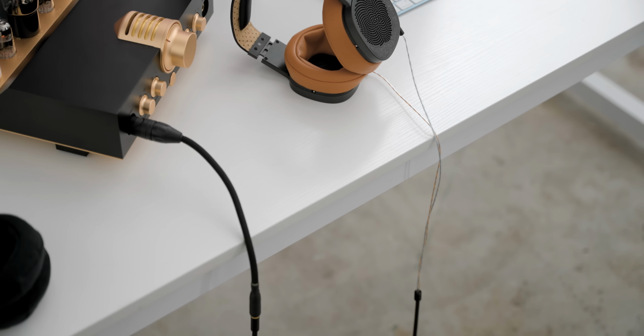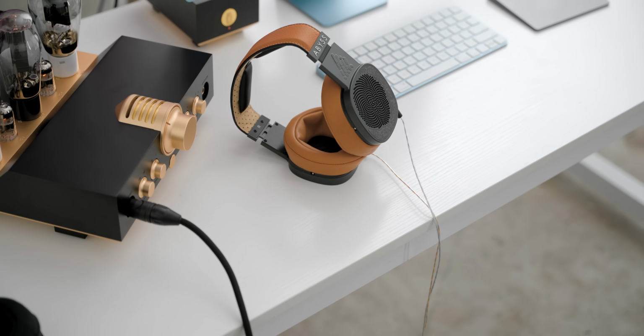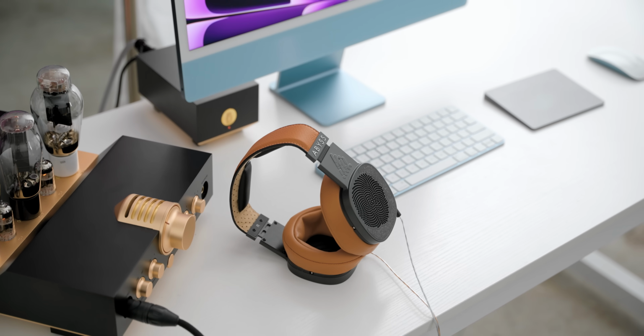Depending on your preference on what you like to do, that's either a good thing or a bad thing. Good if you like it to sound really good off of not a lot of high-end stuff, or bad if you like to change gear a lot and hear your different gear sound characteristics. Now, I don't want to go too deep into these for time's sake, but a couple small things I do